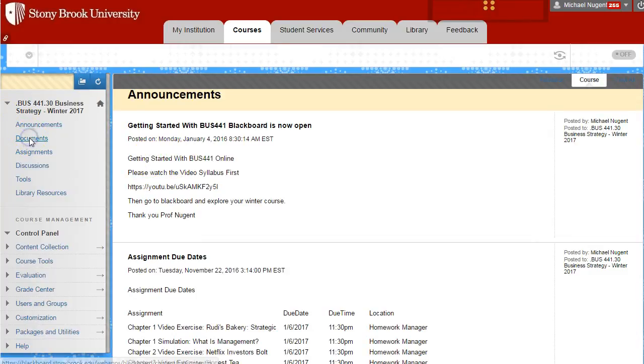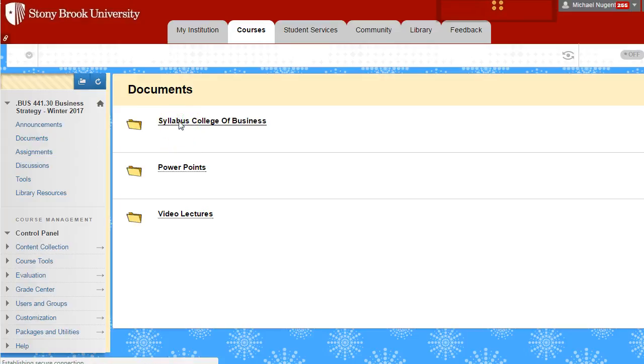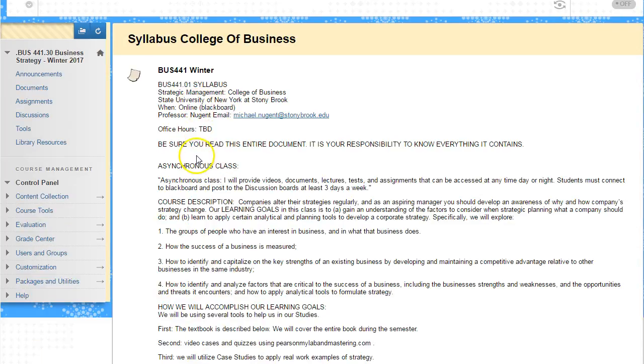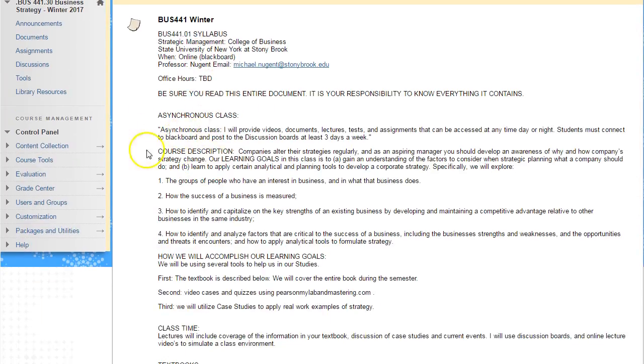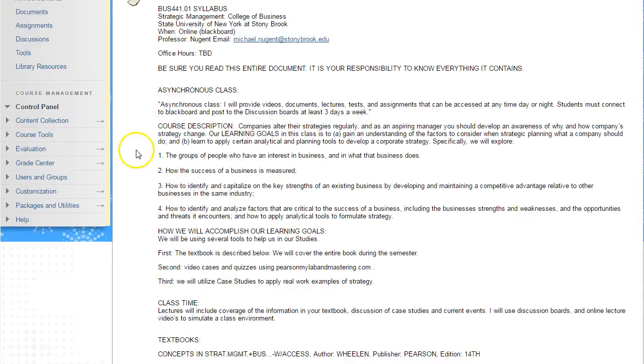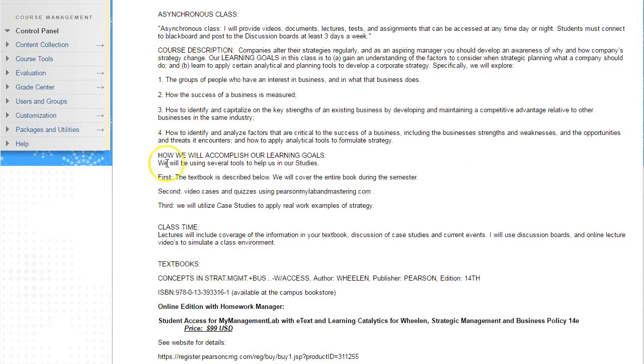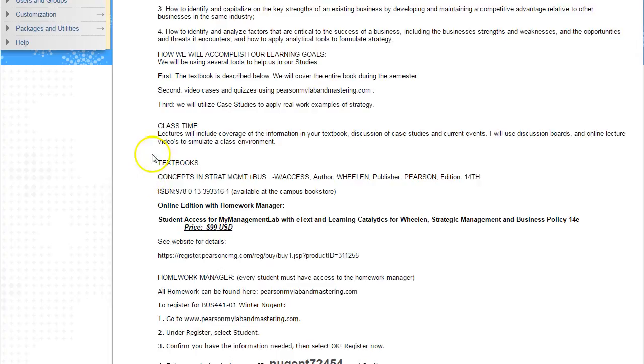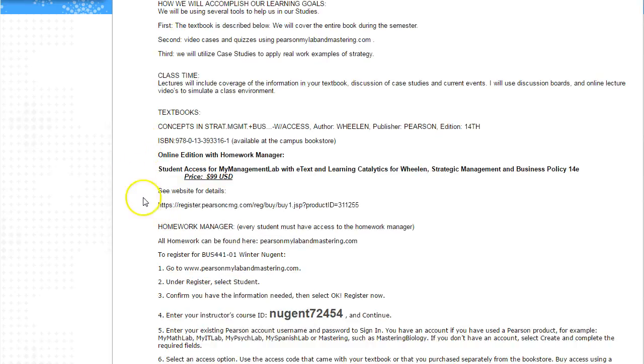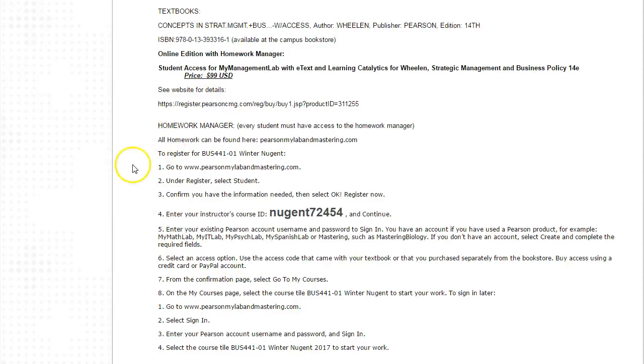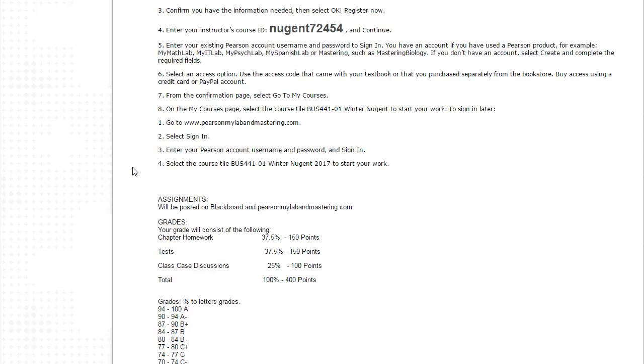Now, in course documents, here is where you'll find the syllabus for the course. And the course syllabus goes over our objectives, our course description, the framework of the class, things of that nature. So in the syllabus, and you must read this entire document, it explains how the class works. It's an asynchronous class, our class description, the learning goals for the course. It goes over the textbook for the course, where to purchase, the homework manager, how to sign up for the homework manager,